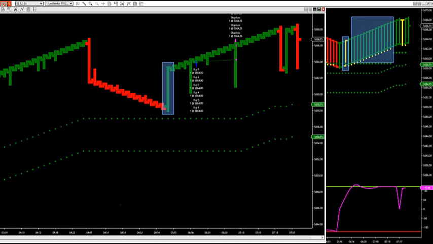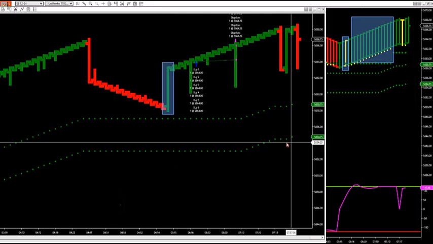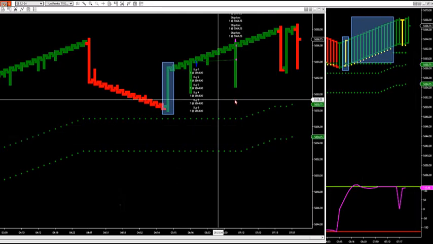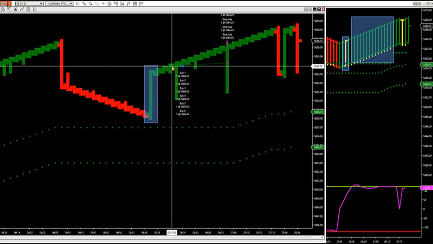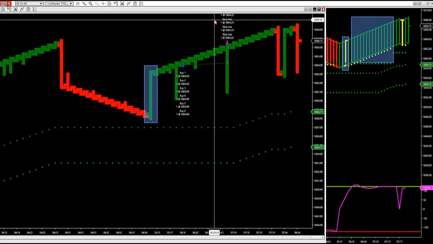Where does the liquidity grab trader come into play? The liquidity grab trader, hey Russ, good morning. The liquidity grab trader comes into play when you get the first big dip where they take the counter trend